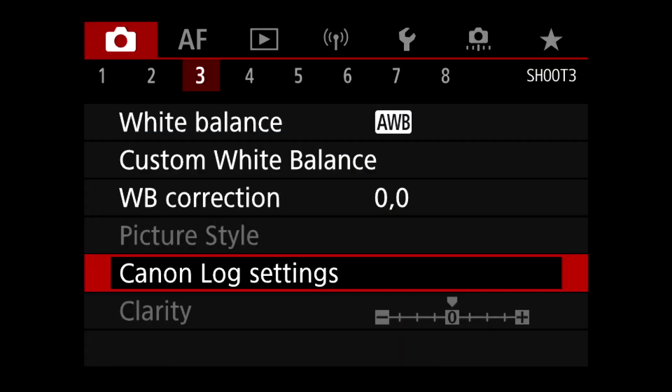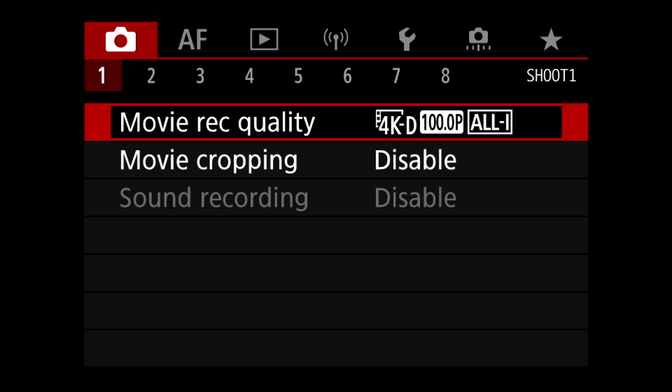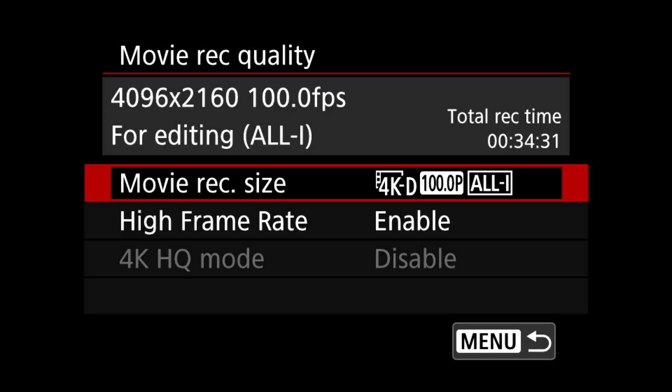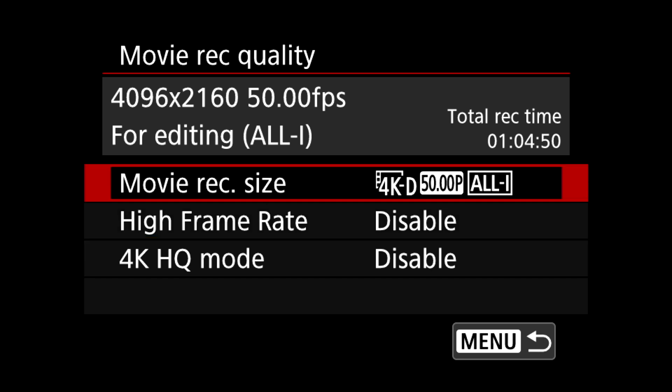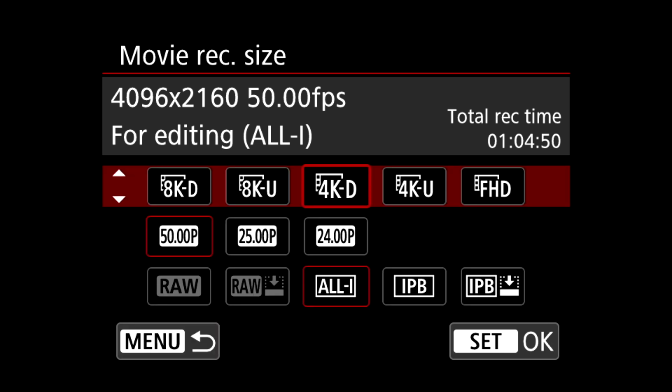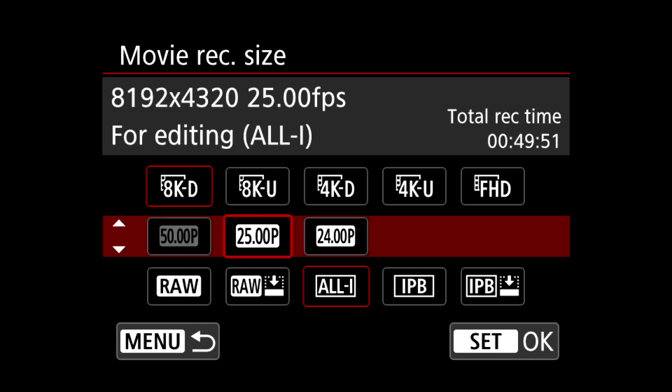Let's go back into the menu. So I'm going to go to shooting, and in the beginning, movie record quality, and I'm going to disable the high frame rate. Disable the high frame rate, and I disable the 4K HQ mode, and then I'm going to go to movie record size. What I will do is set it to 8K. So I'm going to choose 8K, 8K DCI, and then I'm going to choose 25p, because that's the maximum that 8K can shoot,